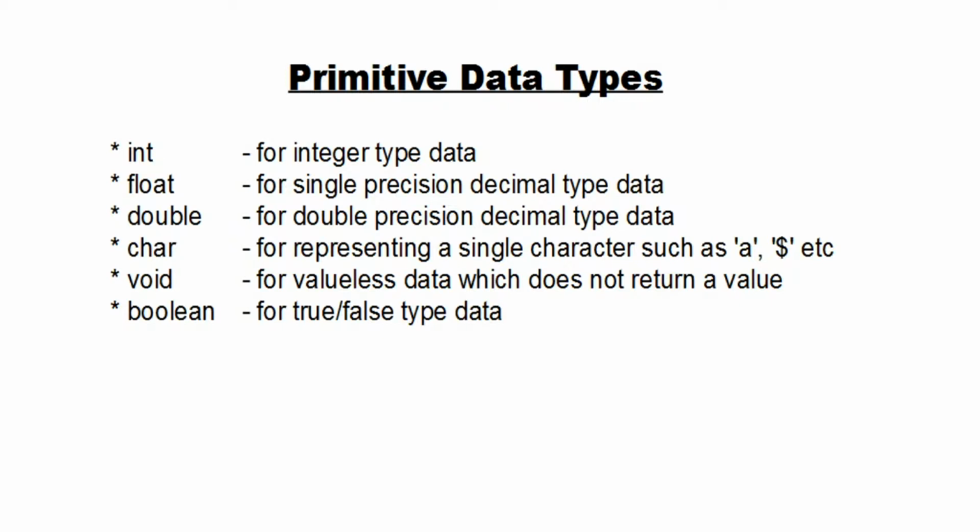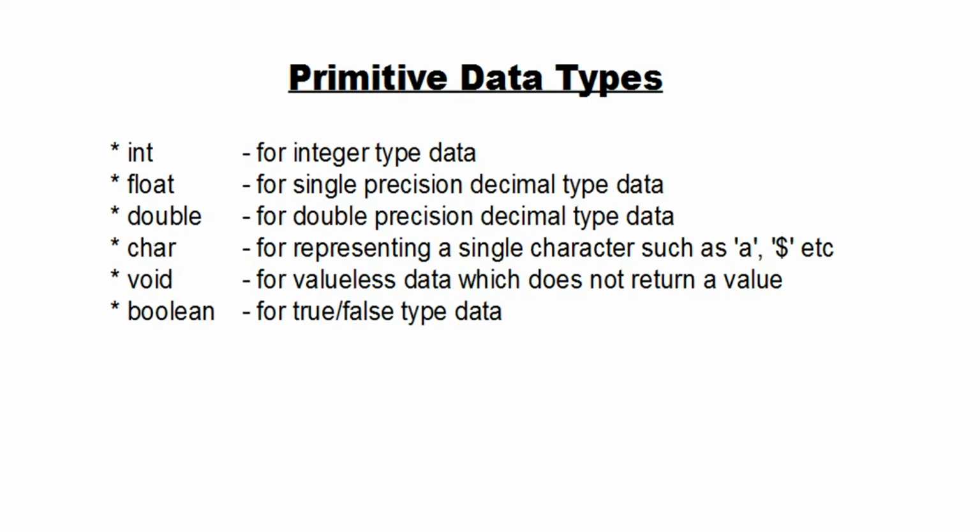Int. This is used for integer type data, basically numerical data. Float. This is used for single precision decimal type data. Single precision. Double is used for double precision decimal type data. The difference between double and float is that double is used for double precision and float is used for single